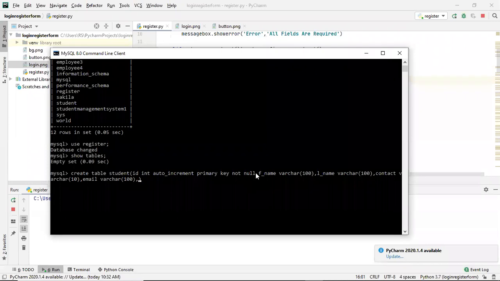Okay, so this is question, 100, and then answer varchar characters. Then after that, password varchar.